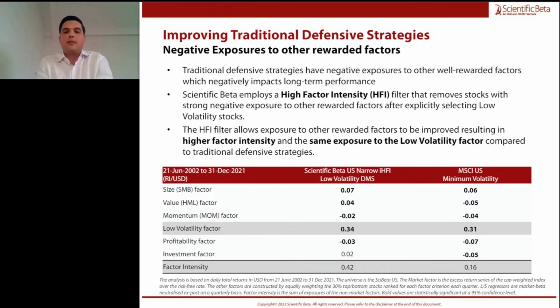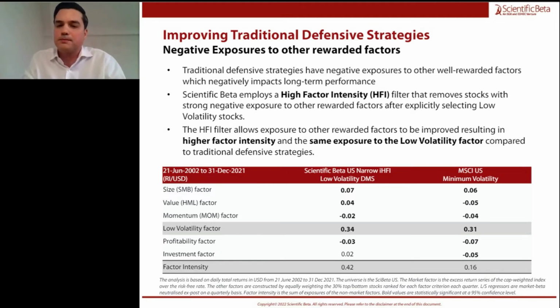So what the MSCI min vol portfolio is doing is giving you a positive beta to the low volatility factor. These numbers are all beta exposures to the 6 well-rewarded factors documented in the academic literature. But at the same time, you see that it gives you negative betas to other factors such as value, momentum,